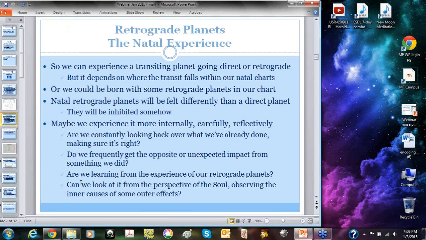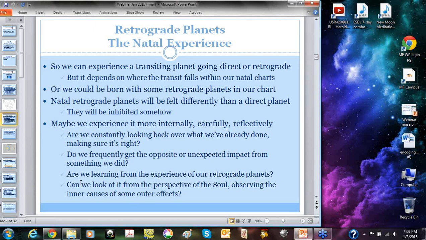The second kind of retrograde is when we have planets that are actually retrograde within our natal chart. To refer back to my previous analogy, when we're born with a retrograde, we learn to dance like Ginger Rogers did. With a transit, it might be like gearing up for a few appearances on Dancing with the Stars, but natally, it's going to be an inherent part of who we are and something we carry with us our whole life. Ginger taught herself to use this aspect of her life very well. She learned not only to cope with going backwards, but to excel at it.